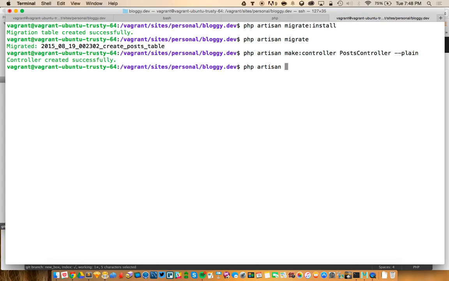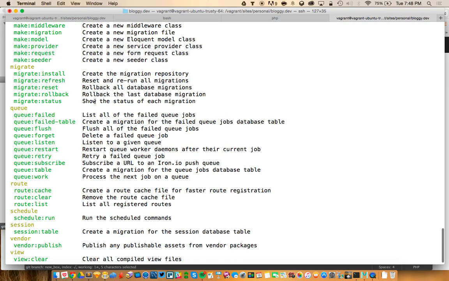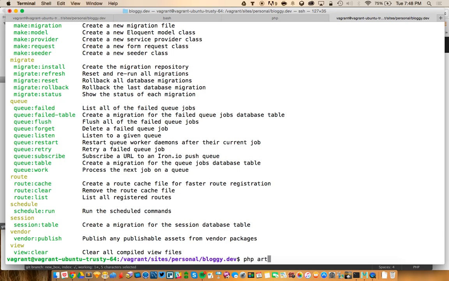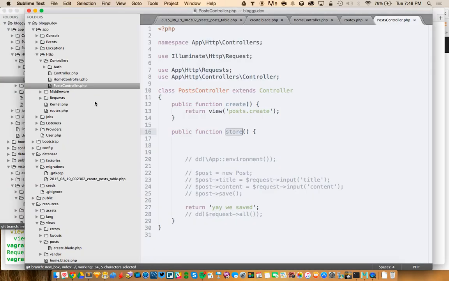So let me see here, PHP artisan. I always have to remember make request. Yeah, easy enough. PHP artisan make request. So this make request is going to create a request file where I can say, hey, for this form, I want to validate and make sure the title is required, content is required, and maybe that the content is a maximum of 3 characters or something like that, something weird. So we're going to call this post request. That gets created,